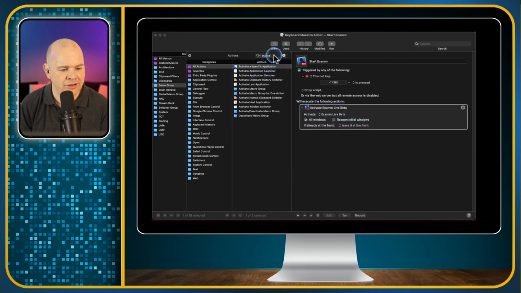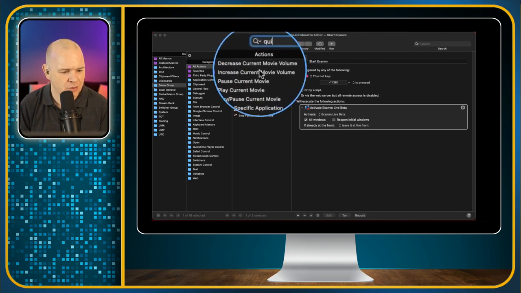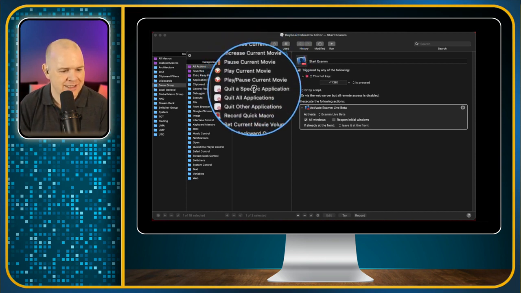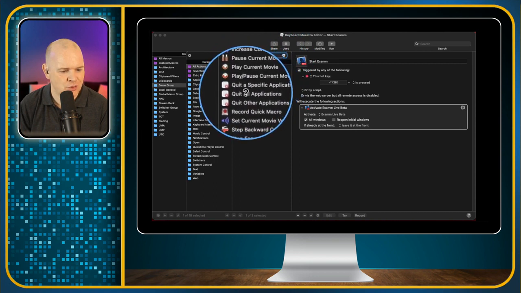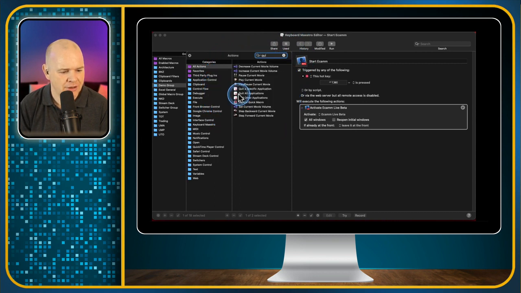And the next thing we want to do is basically quit all other apps. So now I've just realized I'm doing this the wrong way around already, because what it's going to do is open Ecamm Live and then quit everything, including that. So let's quit the other apps first, shall we? If I start typing quit, we've got here quit a specific application or quit all applications. So I'm going to click on quit all applications